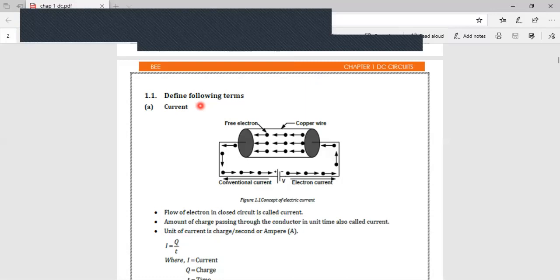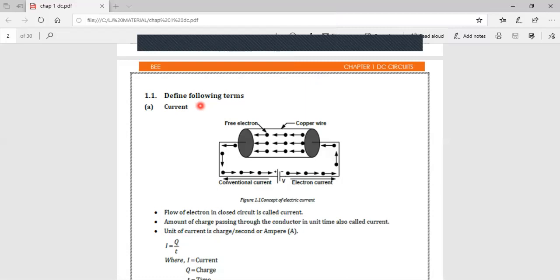Good morning, students. Today we will discuss some important definitions related to DC circuits, and then we will move towards resistance, inductance, and capacitance. Okay, so the first definition is,